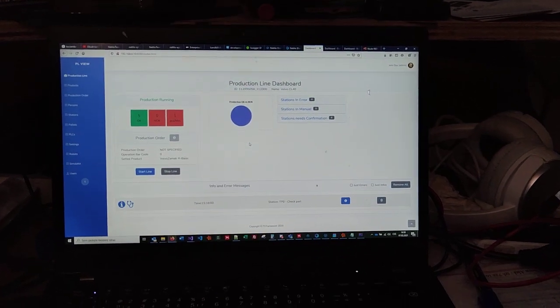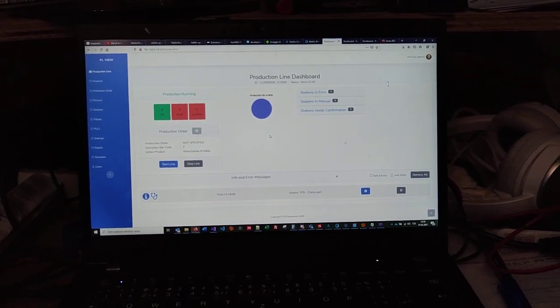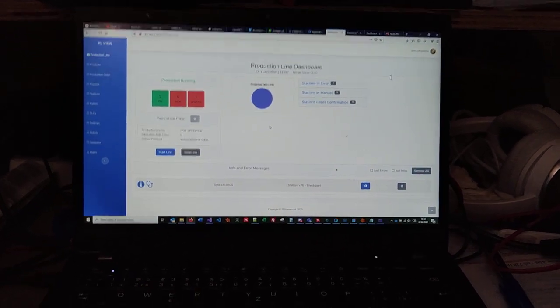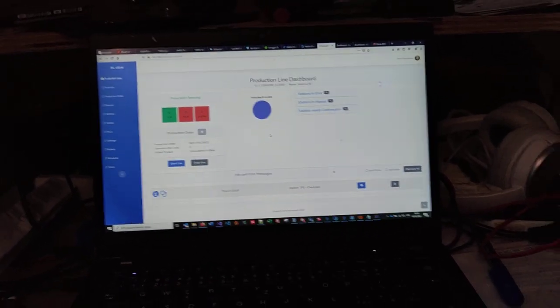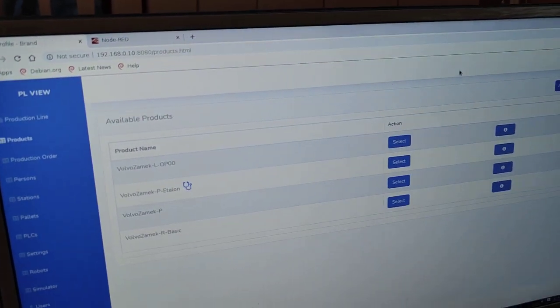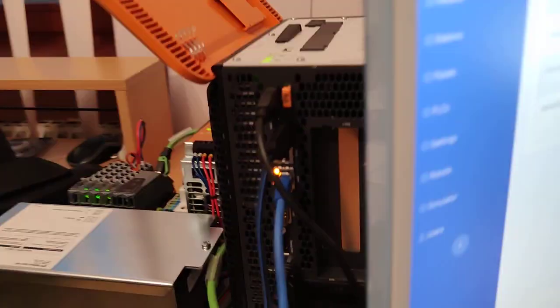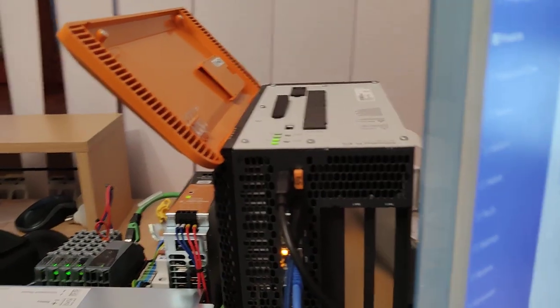Hello everyone. I decided to record a new video about the PLFramework, about the processes on the PLC and how the whole process flow works. So let's start. I prepared the PLFramework installation on Debian Linux on this industrial BNR computer, and also I have